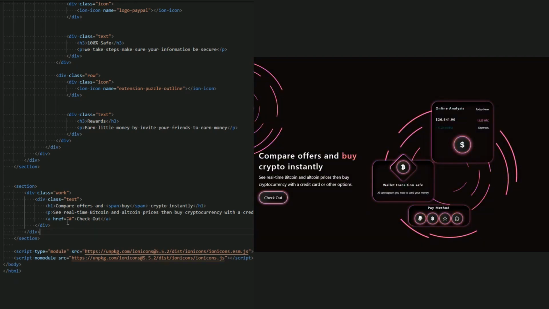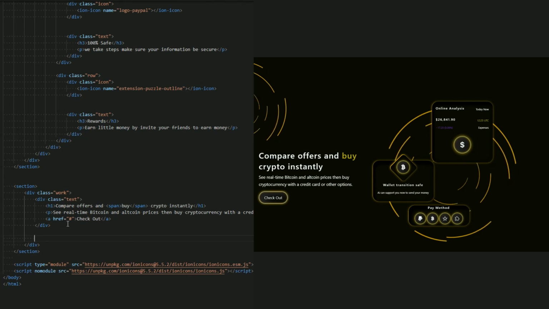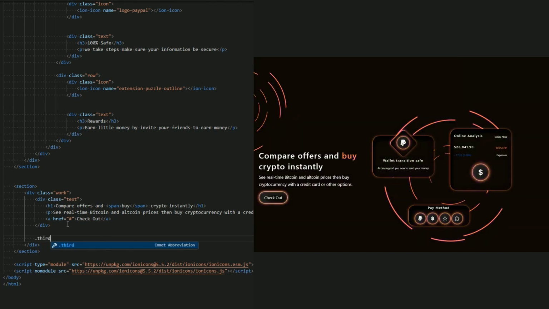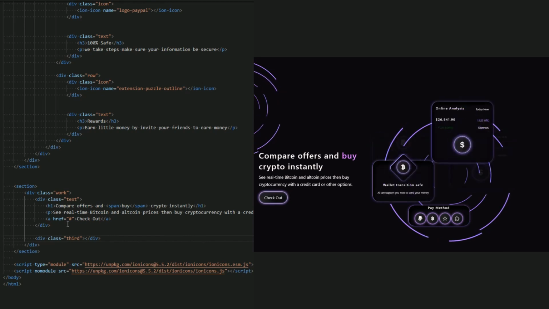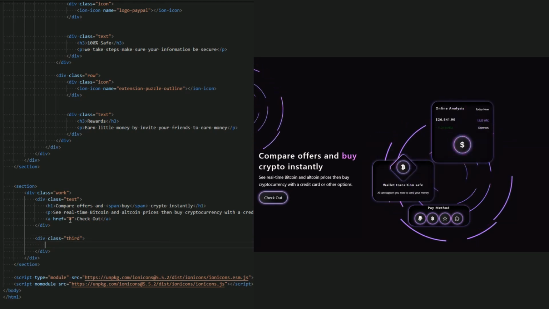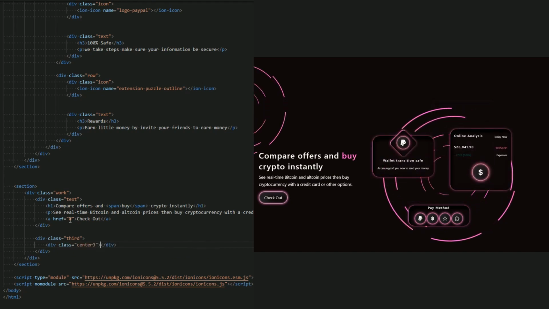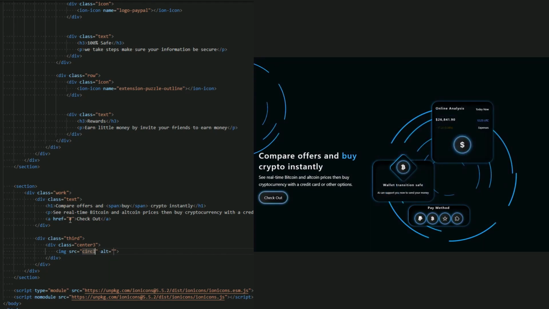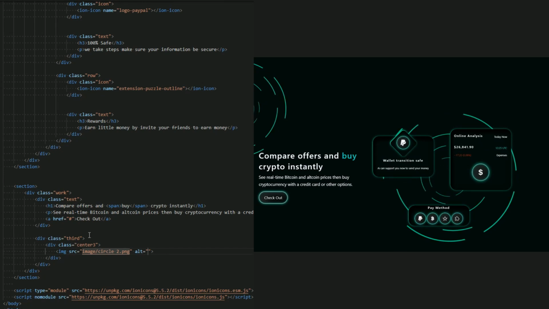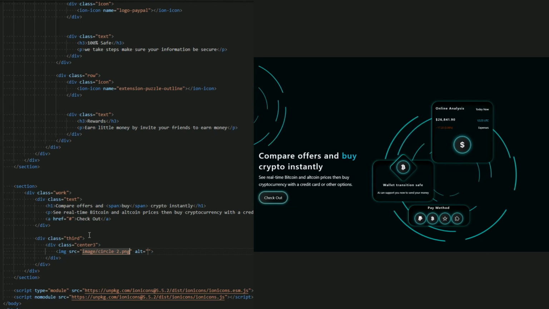and let me, inside the work, I'm sorry, guys. And yep, inside the work, let me name it third for this third image. Okay, and you know what, let me just create it center. Let me name it center 3, and the image circle, sorry, image circle to png. Here we go. This is our image of this third one. And now let me create a box for this and for this and for this, and we're going to create a box. Yep, let me create it now.